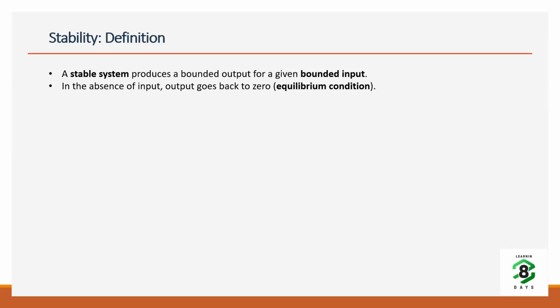And what is zero? Zero is considered the equilibrium condition, like the quiescent operating point for an amplifier, any stable condition where the output is not dependent on signal. So these are the two conditions which describe whether a control system is stable or not. And if the system is not stable, you don't expect the parameter to be controlled properly. Okay, so any question?